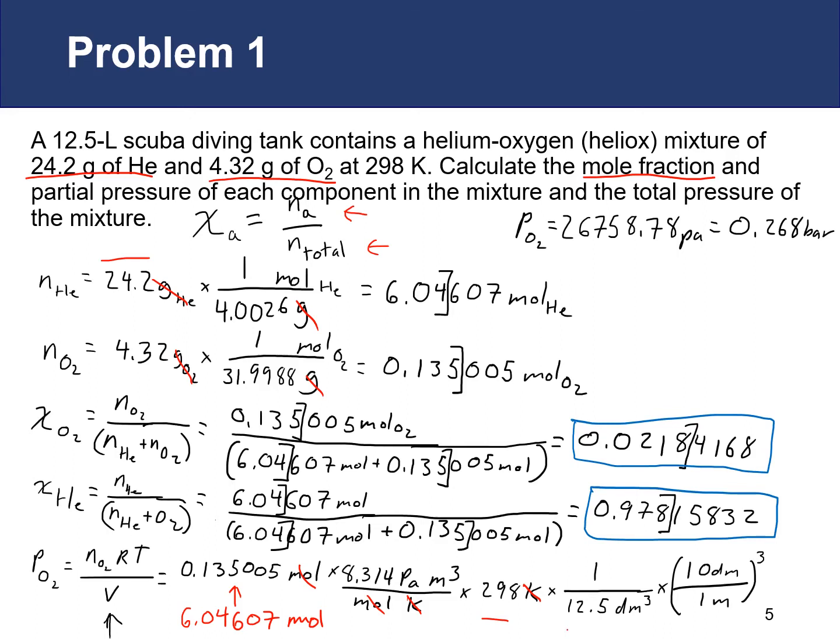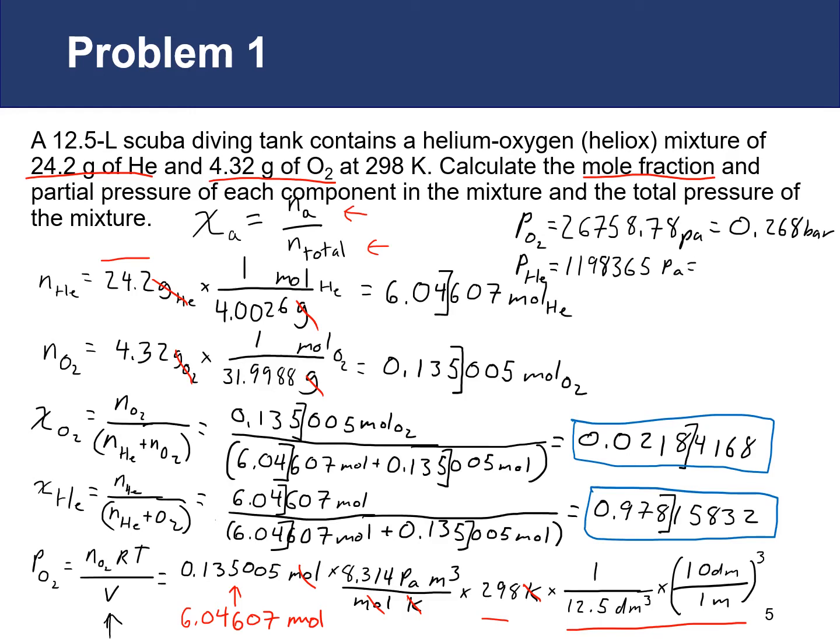It's in the same container, so it's at the same volume. R is a constant, so it doesn't change. So we can calculate our pressure for helium, right, using the same general format. And what we'll find is that the pressure for helium is 1198.365